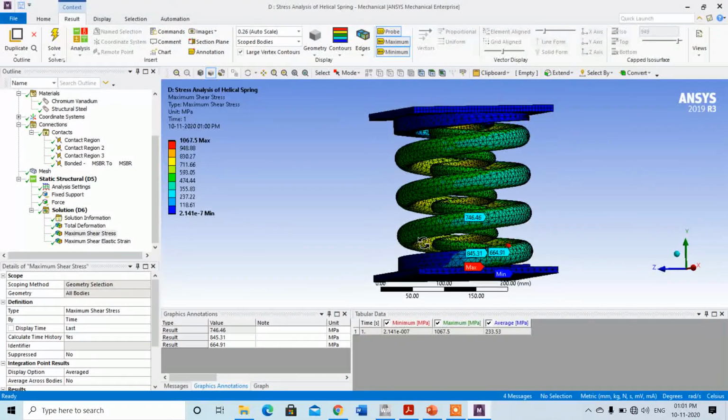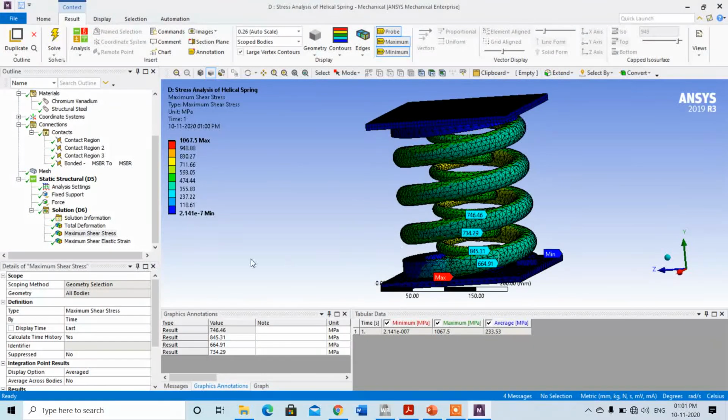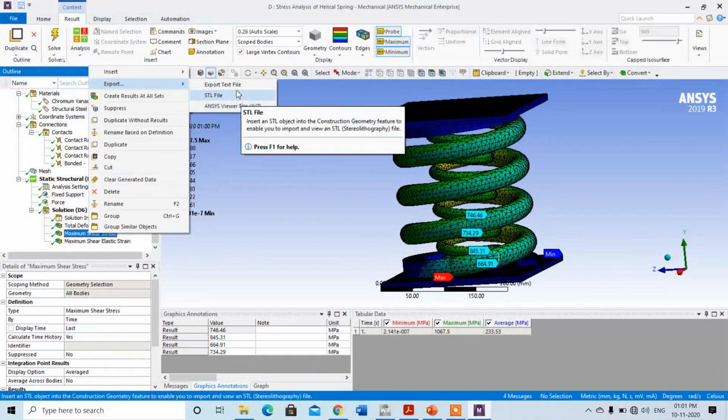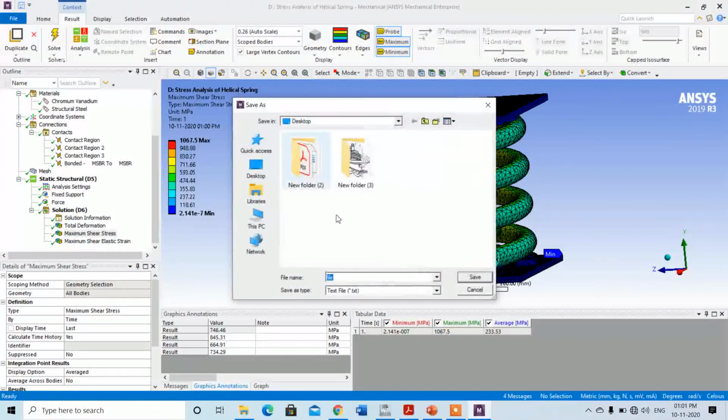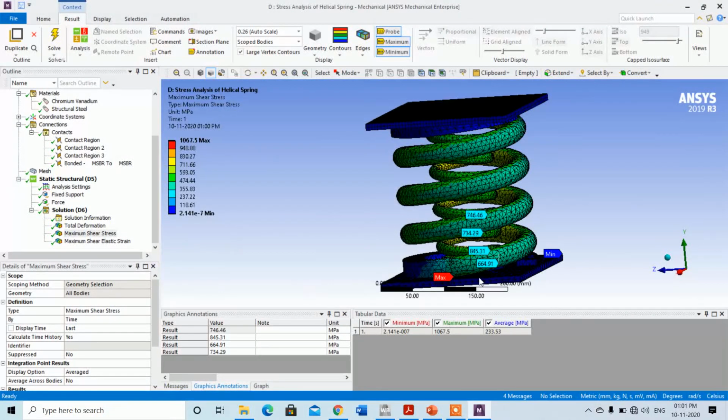You can check the stresses by simply clicking on the probe, or you can directly right click on this and export this file, and you will get a nodal solution. I just save this file to the desktop, and I can open that file.